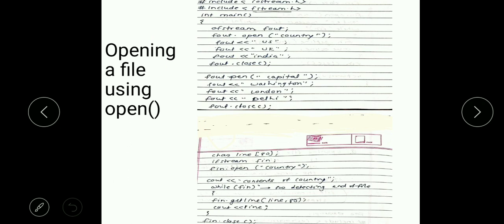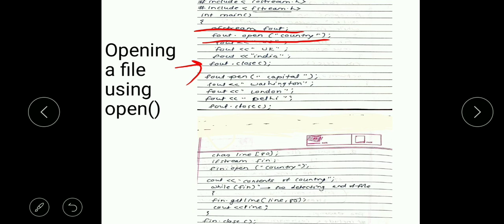This is the first way, by using the stream object, and the second way is by using the open function. We create the ofstream object, then with the help of fout dot open, and in brackets we pass the file name which we want to open, and with the help of fout we can write the data into the file.